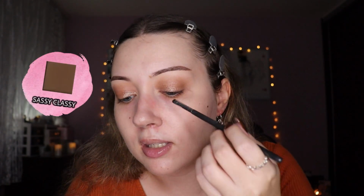So in terms of eyeshadow, there's literally only one more step to go. I know, can you believe it? Me, the girl who literally eats up eyeshadow for breakfast, is gonna end here. Shocking news, but anyway, I'm dipping into shade Sassy Classy from that same palette, and I'm using a tiny little